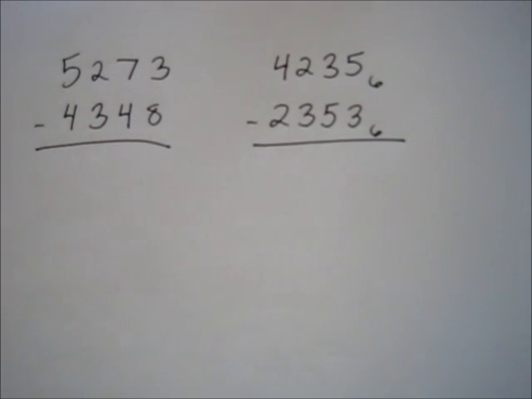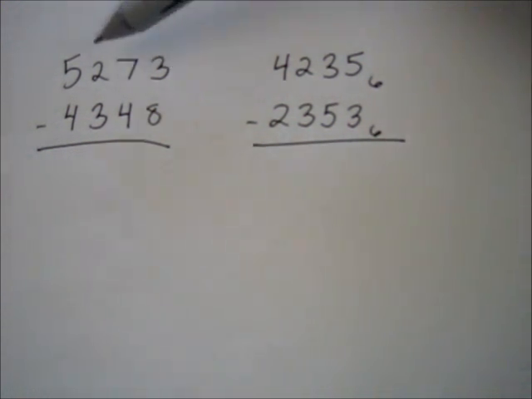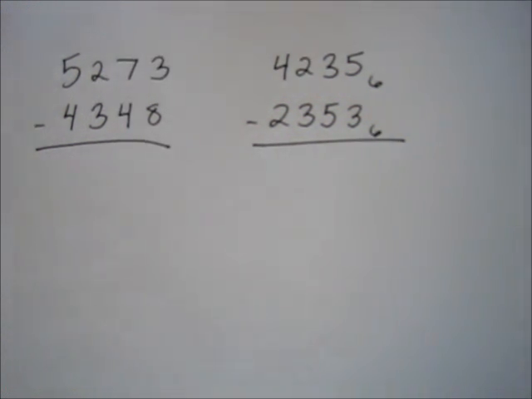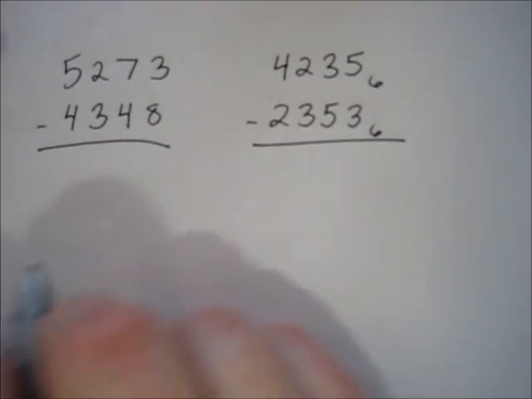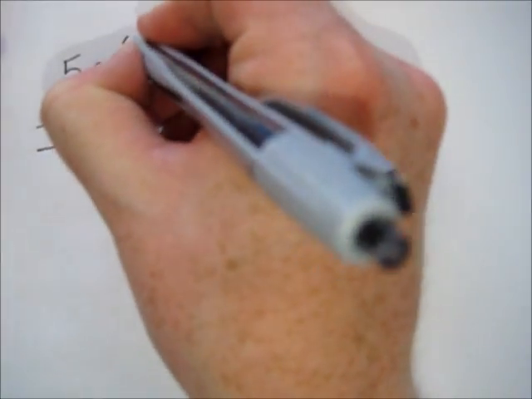Okay, let's talk subtraction. First off, let's look at a standard subtraction problem. 5,273 take away 4,348. If you were to do the subtraction by hand, you're all familiar with this. The first thing you do, you can't do 3 minus 8, so you would borrow from the 7,